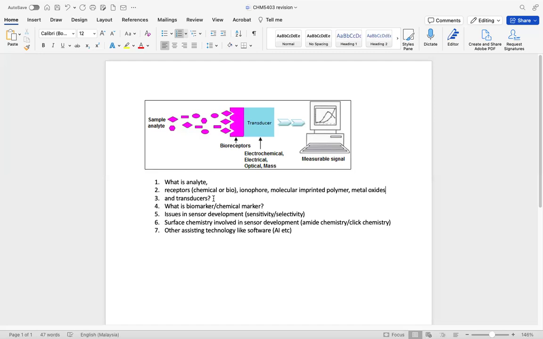So these are what we call supporting issues that you have to identify, because I think you have done the first assignment. Most of you have done that. You have to think about the sensitivity, the selectivity. Okay, so how much sensitivity, how low you can detect. Okay, how selective is it? Whether you can detect all types of, for example,